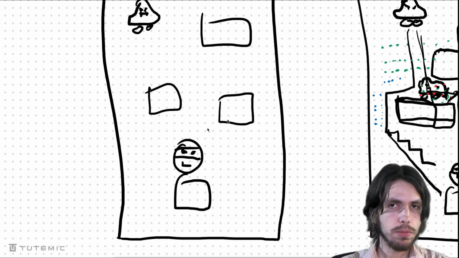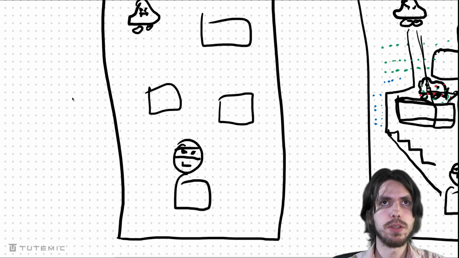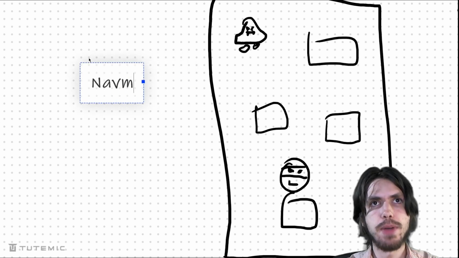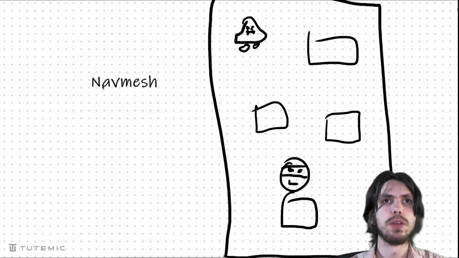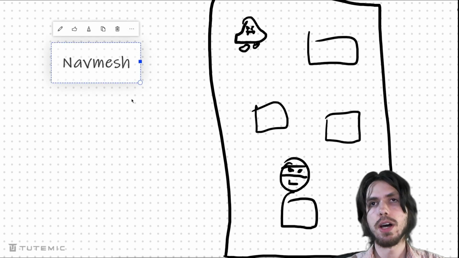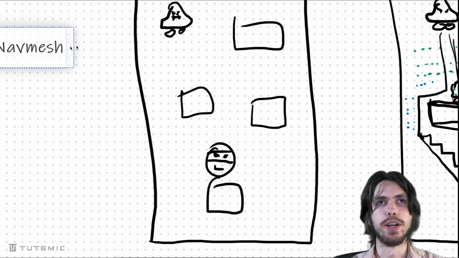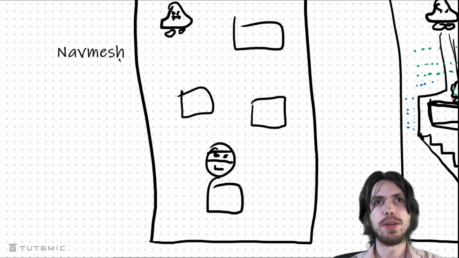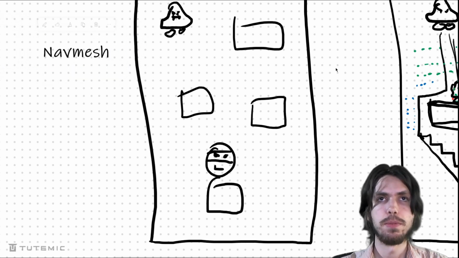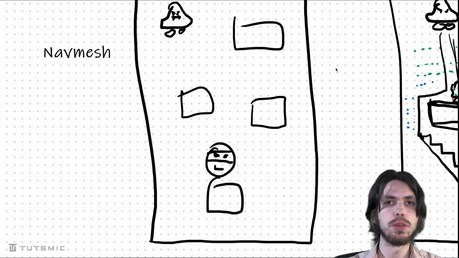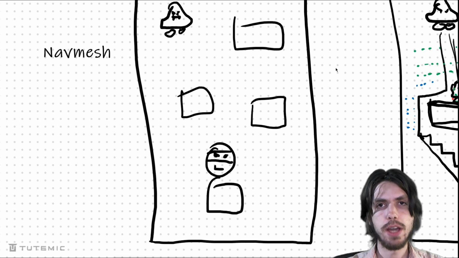So I'm going to introduce this concept of what is called a navigational mesh. Navmesh. You may have heard of it. So navmeshes, in a lot of ways, eliminate a lot of the work that you have to do. Navmeshes are very cool. So what the heck is a navmesh? So a navmesh is essentially just a collection of contiguous convex polygons. Okay, so what the heck do I mean by that?